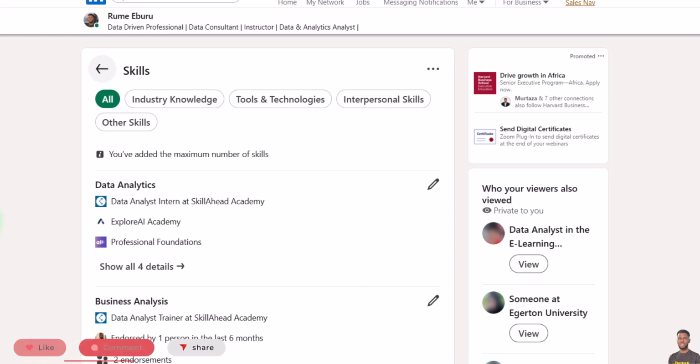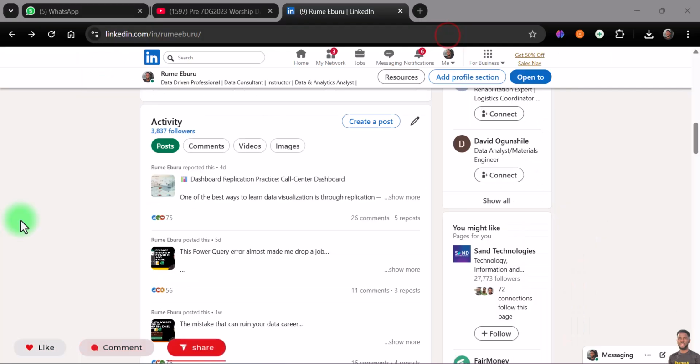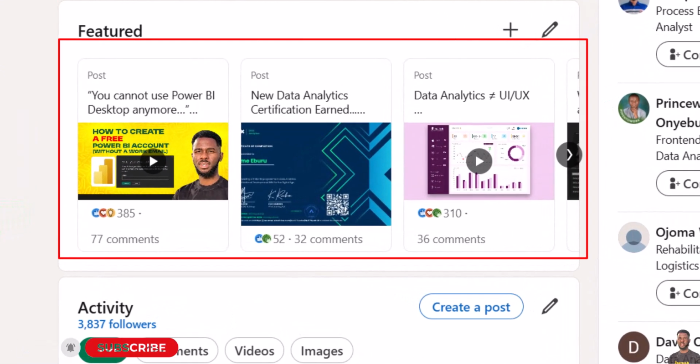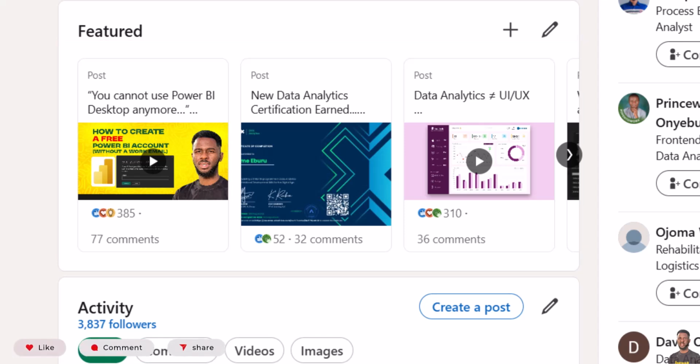So all those skills will also show here as well. Okay, so once you're done, I think you're good to go. Then the next thing, which for me I believe is the main optimization step on LinkedIn, is content. Create as much content. I know I've said it before, but please, that's the real optimization. Your page is just the next thing; the first thing that people will say about you is the content that you